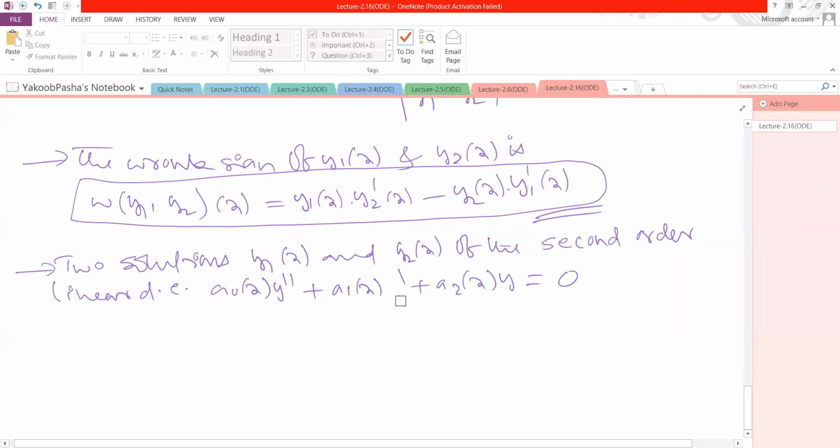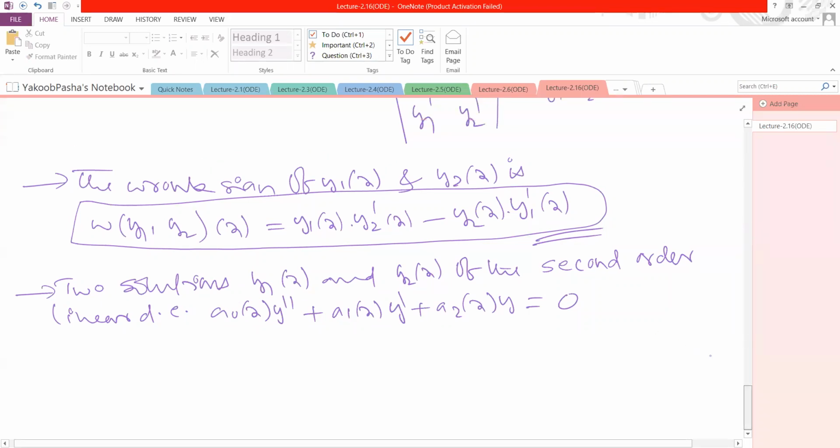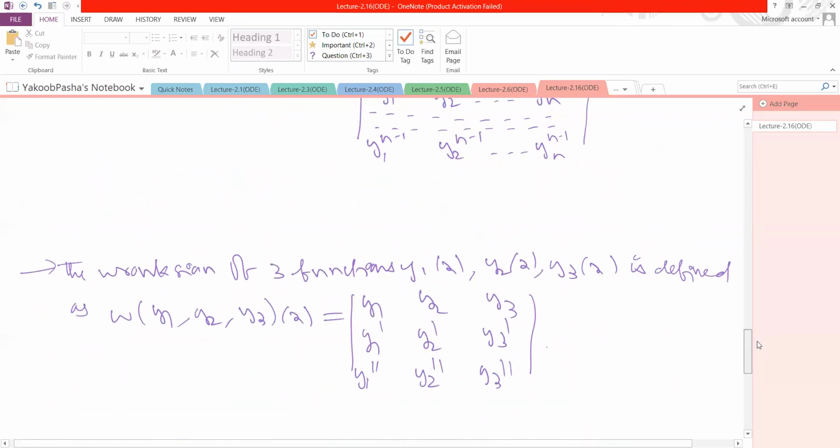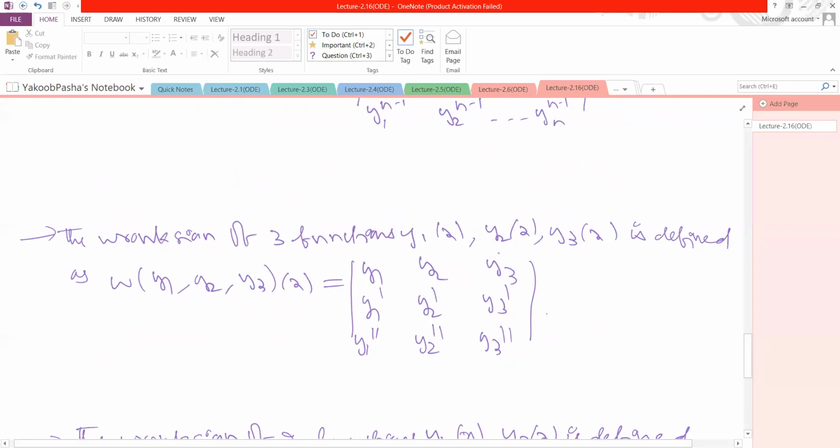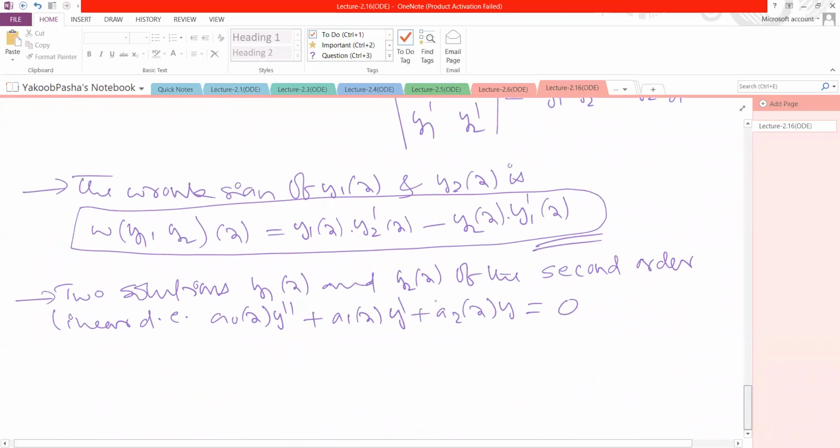Here a0, a1, a2 could be given as different values, so don't get confused. This is the second order. Previously y1, y2, y3 were the solutions for a third order linear differential equation. We are generalizing; we are talking about second order linear differential equations, and it is applicable for third order and also for nth order. So for these two solutions, where a0 of x is not equal to 0,